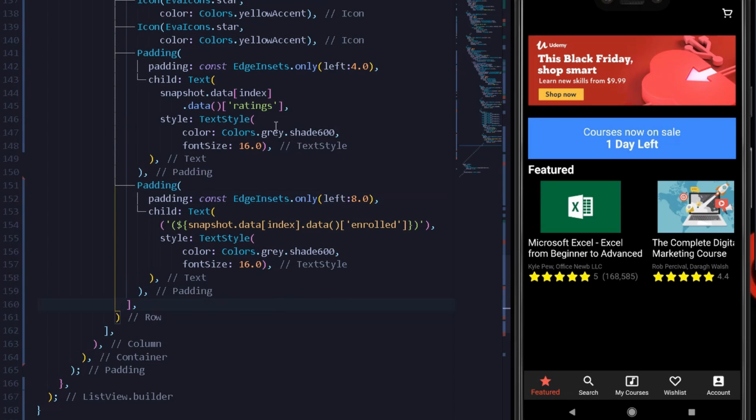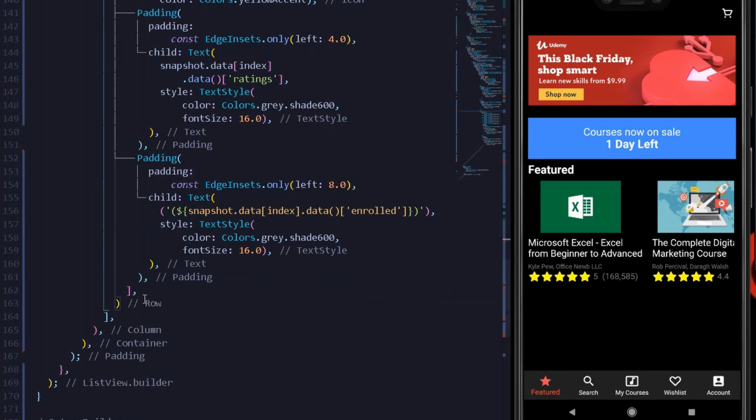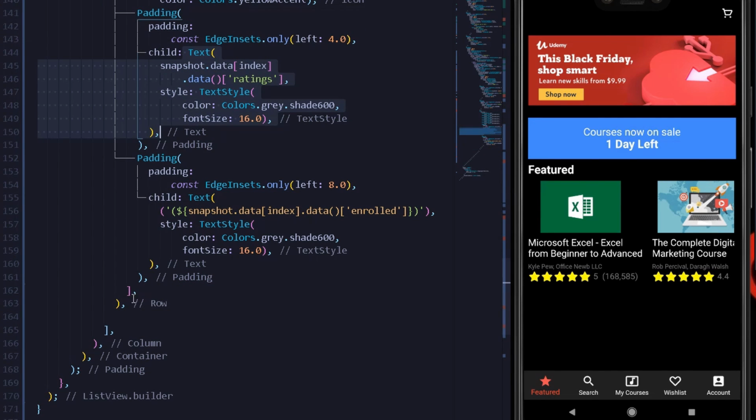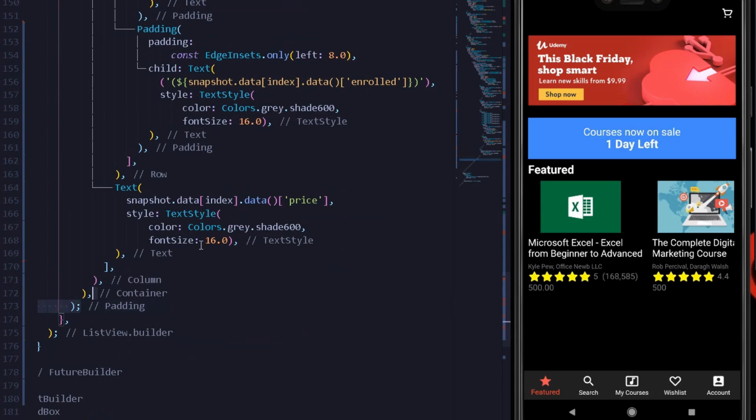So we can format document once, and after this, if we check the prototype, it will contain the price. After the following row, we can come down here and simply copy the text, paste it here, and here I can simply write price. Alright, so we want a color of white, and similarly font size shall be big.